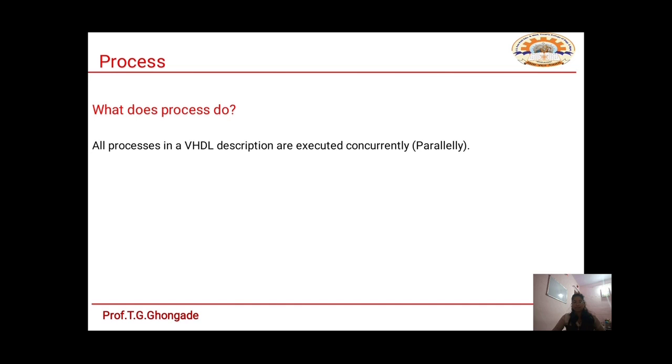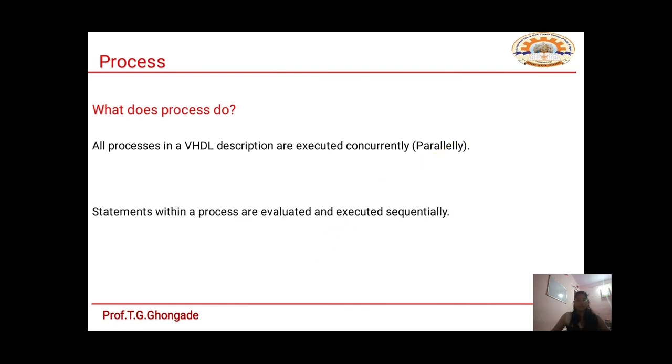That means the processes wake up at the same time and run simultaneously. So the point is that all the statements in a process are executed sequentially, that is one by one, but all the processes in VHDL are executed concurrently, that is parallelly. So if you have 10 processes in your program, then all the processes run parallelly.